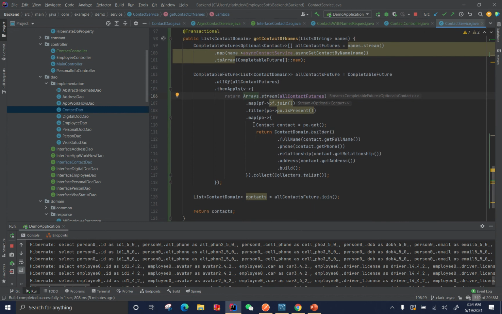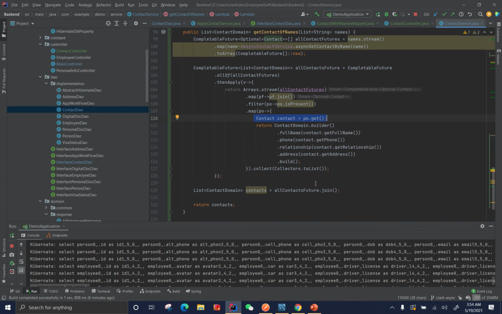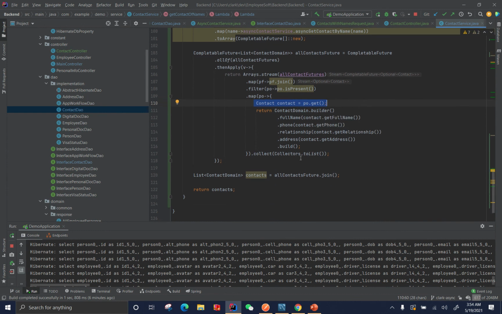We do some mappings so that we can build the contact object in each of them with the contact domain, using the builder. Once we're done with each contact, we collect them and convert them to a list. Then we use the all contacts future, this one, and we join them